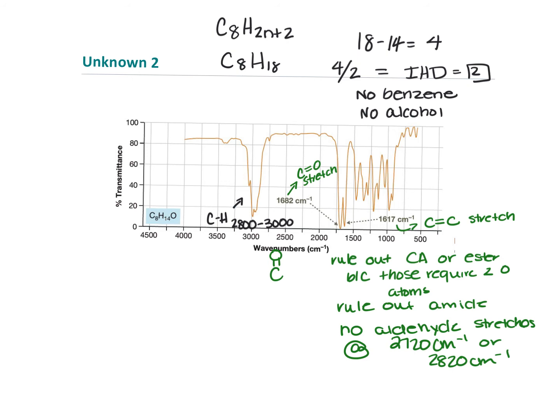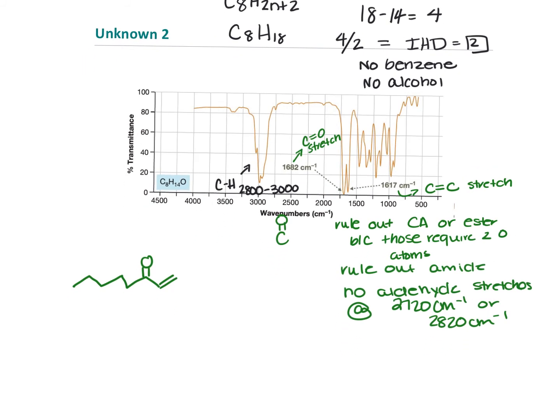So some good structures then would be like this, okay? You could see a lot of branching, right? But again, if you just walk away from this saying, coming up with structures like this is great,